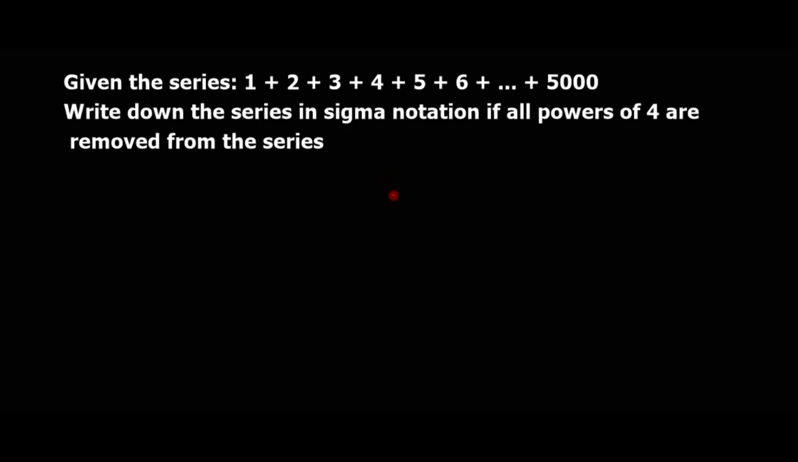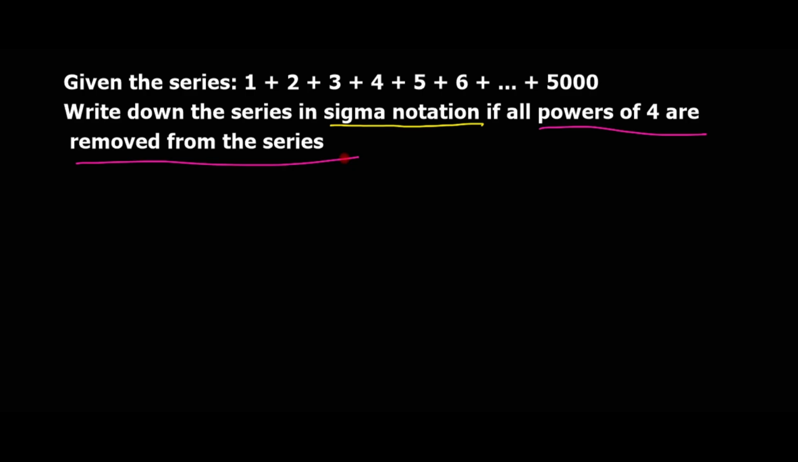And now let's see this question. It says, given the series, so we are given the series there. You may notice that this is an arithmetic series, because an arithmetic series is identified by the common difference. You can see that moving from one term to another, we add the same number. Moving from 1 to 2 we add 1, and moving from 2 to 3 we add 1, and so forth. So this question says write down the series in sigma notation if all powers of 4 are